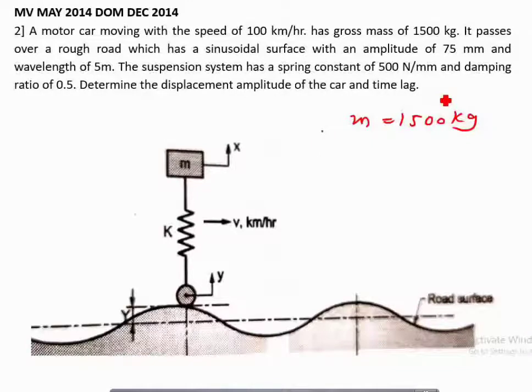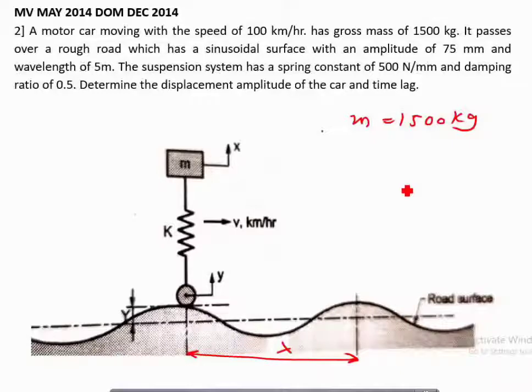Again, this is the diagram which indicates this particular problem statement. The diagram will remain the same. The length of one wave or one cycle is nothing but lambda. When this wavelength is given, you can easily calculate the time period, Tp, taken to complete one cycle, and from the time period we can easily calculate omega, the external excitation frequency.